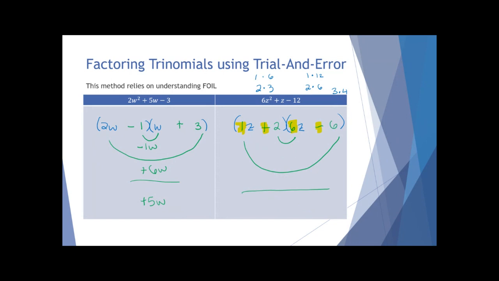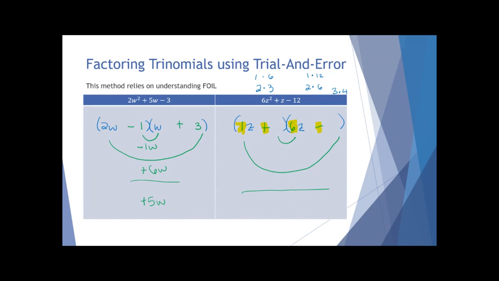So let's just try 2 and 6. And sometimes you get lucky and it factors immediately, sometimes you don't. So inside, 2 times 6 is 12z. Out, 1 times negative 6, minus 6z, 12 minus 6, I'm at 6z. That is not the right number. So now we try